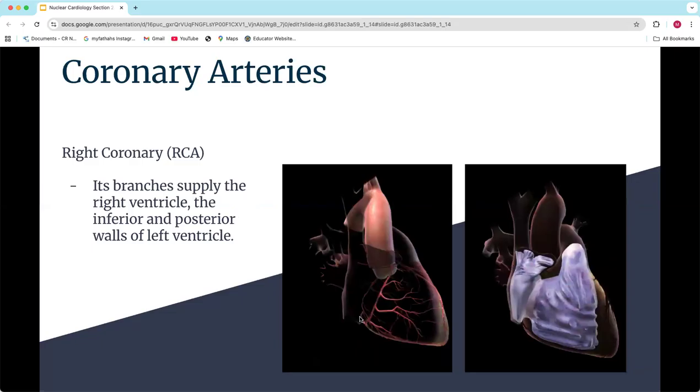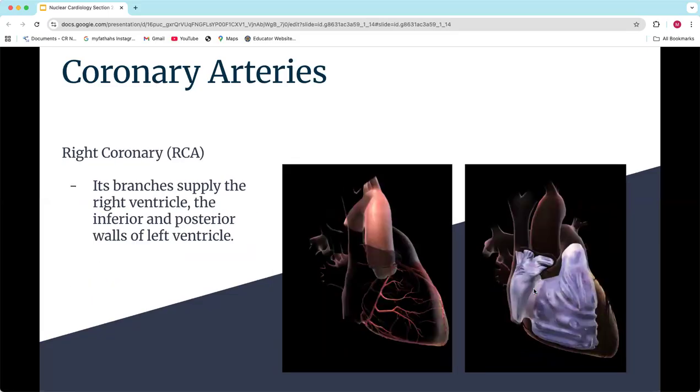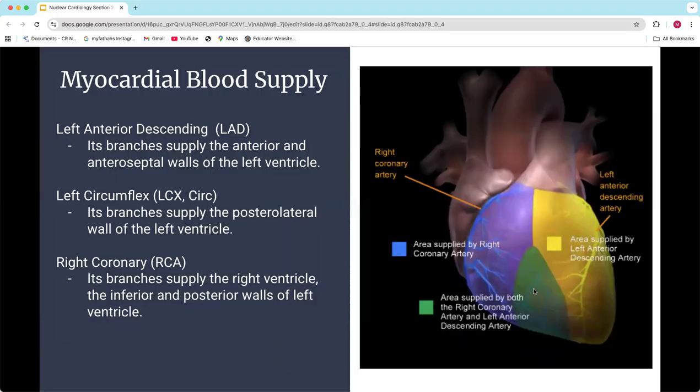Okay. And then the RCA, its branches do supply the right ventricle. So I put the right ventricle on here. You can see that's your main supply over to the right ventricle, but it also is what's in charge of feeding that septal wall. So if we're looking at the left, we're talking about this septal wall, that muscle that goes right down the middle. That's going to be mainly supplied by your RCA. Okay, so there's your RCA. And then this last one's just another picture with the same information, but it color codes the heart, looking at it all together, where you can get another view of the supply.